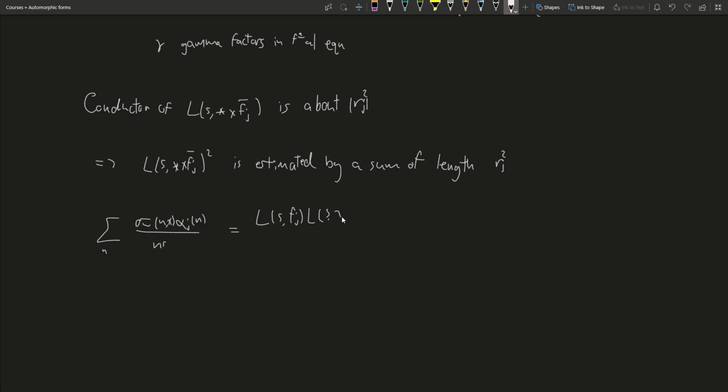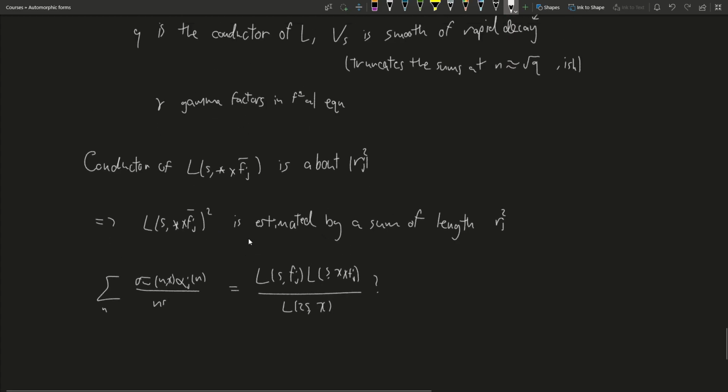This is L(s, χ) times f_j divided by L(2s, χ), I think. Something like this, right? So you can see that when you have the square of this L-function, you end up getting another L-function in Dirichlet series, and the coefficients are about the same, but you can use this general theory of L-functions that you can read about in Iwaniec–Kowalski, chapter 5, to say that the conductor of the square is going to be the square of